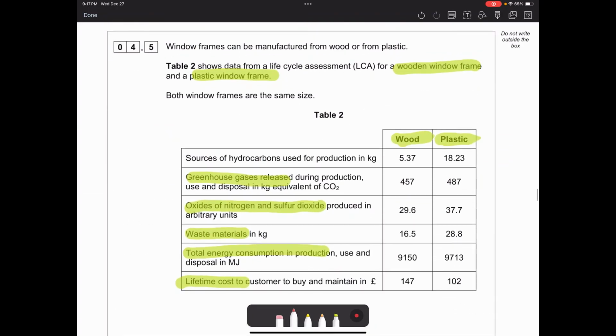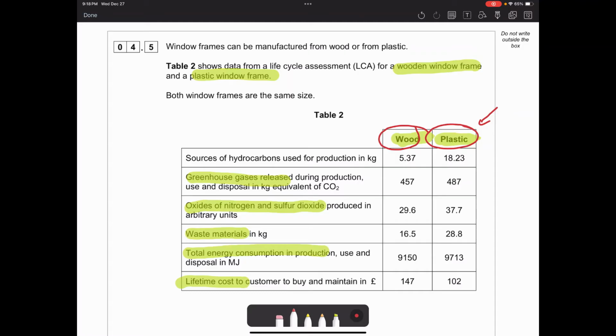Okay, so in this life cycle assessment, they've given you loads of information, and we just need to make sure that we're relating and using some of the key points they've given us in the table. So everyone can get a couple of marks on this question just by referencing what they've given you and explaining what it shows, but then also linking in some of your own knowledge will help you get to those top grades. So first of all then, if I'm comparing wood and plastic, I would first of all be thinking,